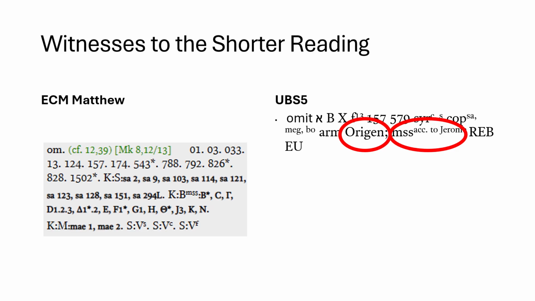If one compares the ECM apparatus to the UBS text, it may appear that the apparatus has overlooked important patristic references. In fact, it has not. Although Origen is cited as evidence for reading A and other critical editions, I argued in my first article on